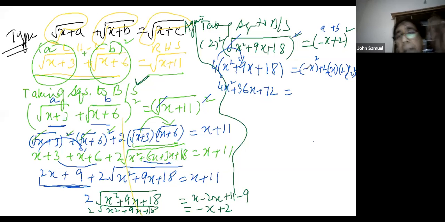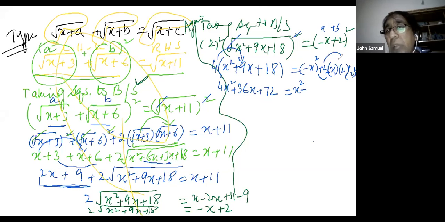Hope you are with me. If I'm wrong, please let me know. That is a checking or correction. Similarly, minus x whole square, so this could be x square, and here minus is there. This plus minus will be minus 2 times 2 times x, minus 4x, plus square of 2 is 4. Now what to do? You know that we will bring this value here, 4x square minus x square.